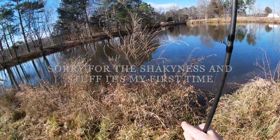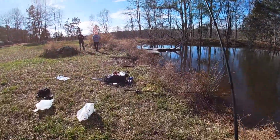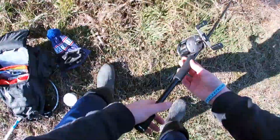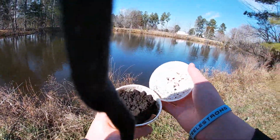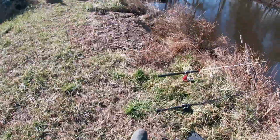We got a few catfish rigs going up over here. We got this old Shimano on a new Shimano rod. It's got a little circle hook and a big piece of worm on it. And actually, here are the worms that I'm using. There's about 18 in here. And then I'm using this